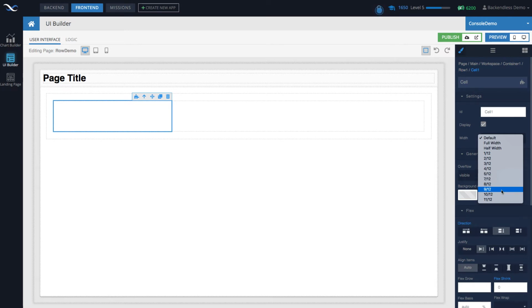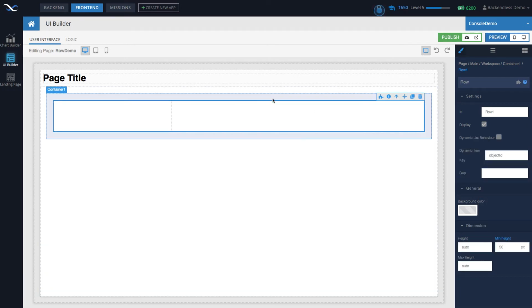It is also possible that cells within the same row can spread over multiple lines. For instance, if you have some content that you just need to keep adding to that row, then as soon as it reaches the end, it will go to the next line and it will be replicated. This may sound somewhat confusing, but I will demonstrate this in action and you will see exactly how it works.